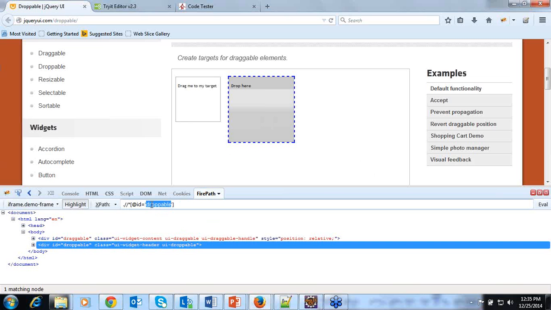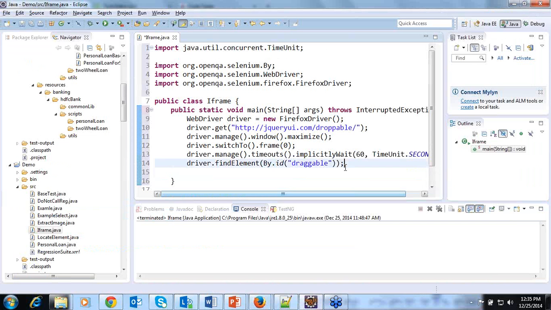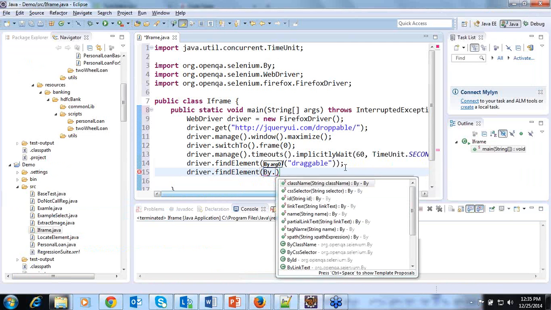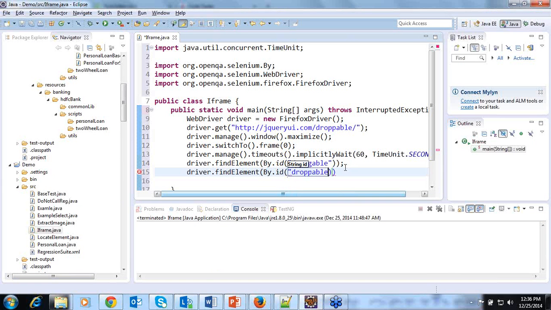So using this droppable, I will create one more statement in Eclipse saying driver dot find element by dot ID, and I will pass the ID inside the double quotes. So now I have got object control by using driver dot find element of ID with respect to the element locators displayed in Firebug.